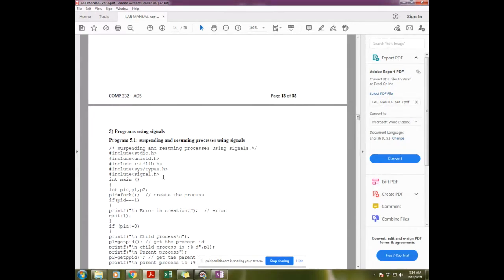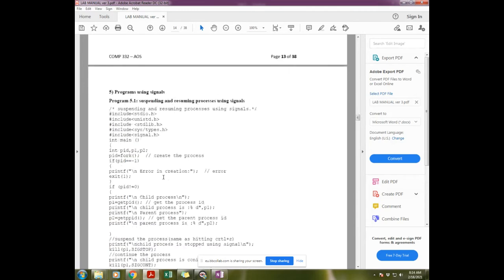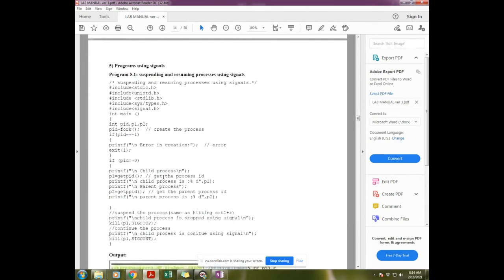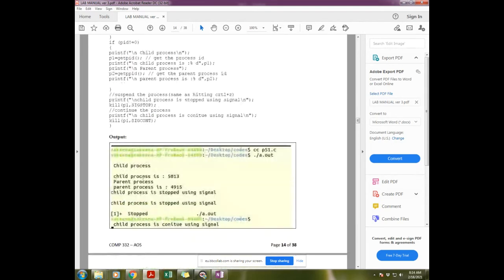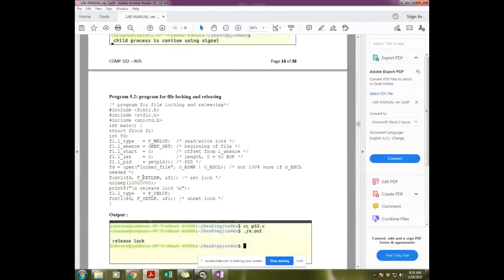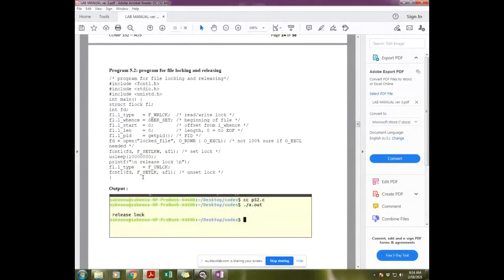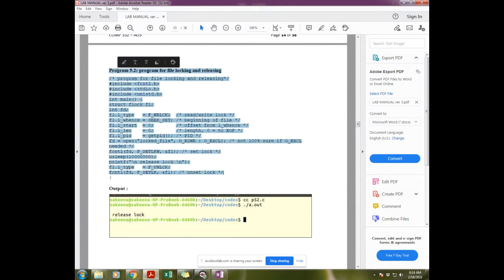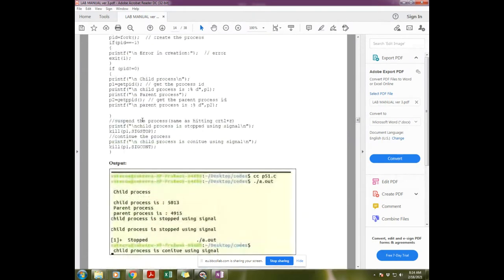So that's why run it and send, no problem. In program number 5, you only have to do one program. This is an important one.